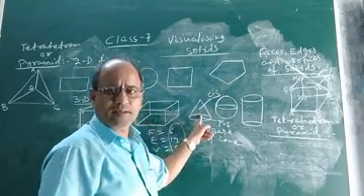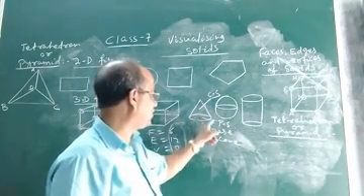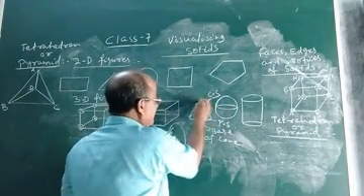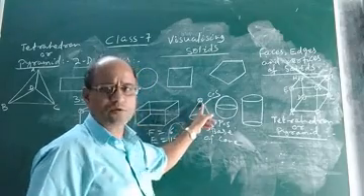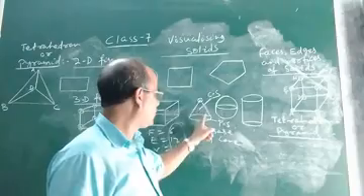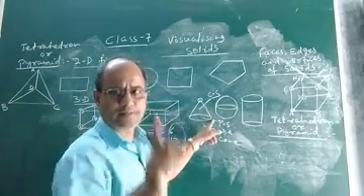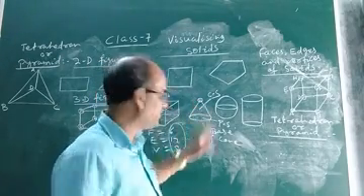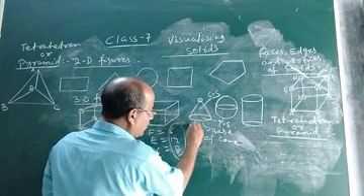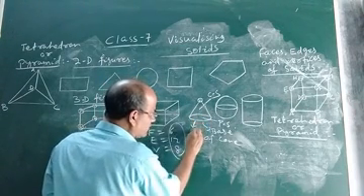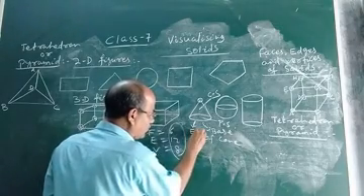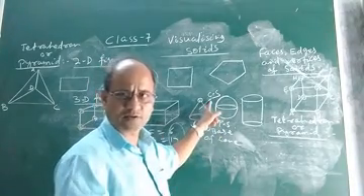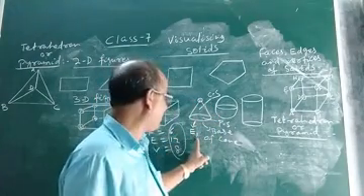This surface of the 3D solid is the plane surface, and this portion is the curved surface. And what about this? This will be the vertex of the cone. So a cone has how many surfaces? 2. One is a plane surface, the other is a curved surface. How many vertices? Only one vertex. Then how many edges? This portion will be the only edge, E1 suppose. So a cone has 2 surfaces, one plane and the other curved. It has one vertex and one edge.